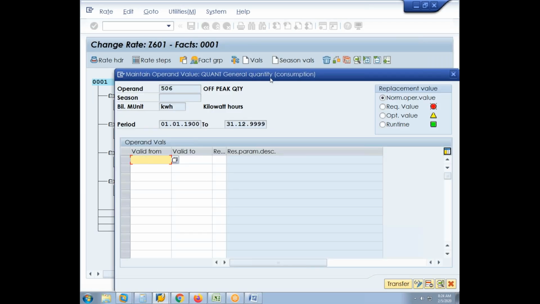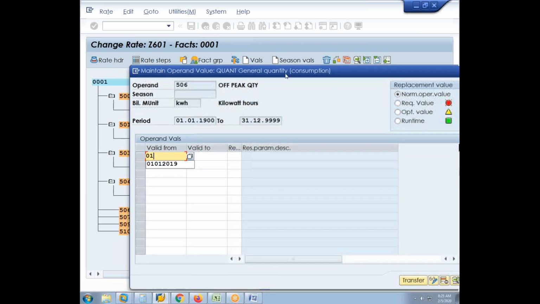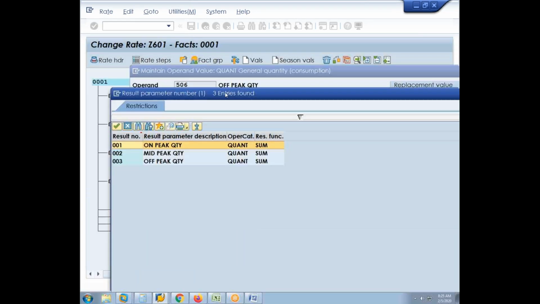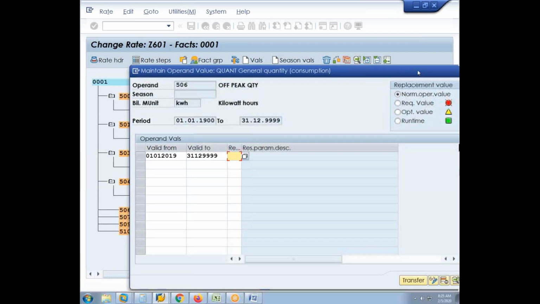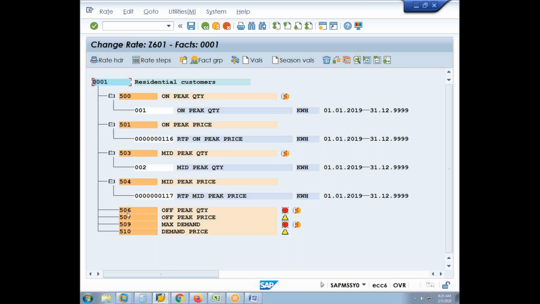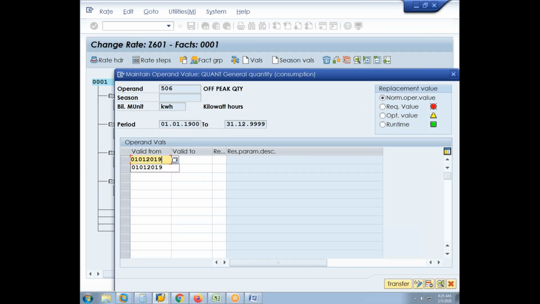So right now we are doing the mid peak. 01.01.2019 till 31.12.9999. The resulting parameter is the mid peak quantity and the mid peak price. The mid peak price is already given. Now we will go to the off peak quantity. Select the off peak quantity, 01.01.2019 till 31.12.9999. This will be the third output, that is the off peak quantity, copy,